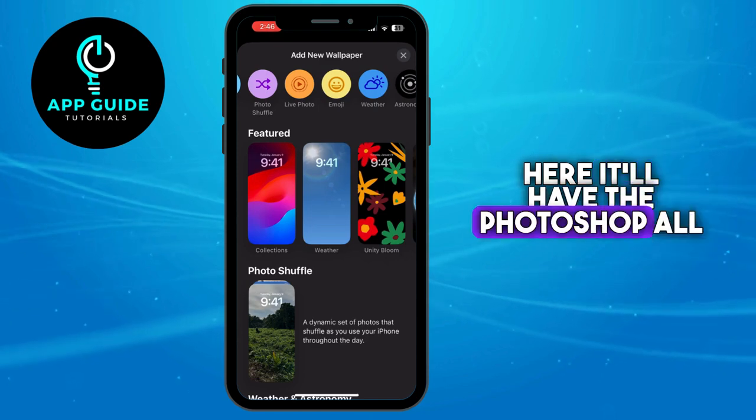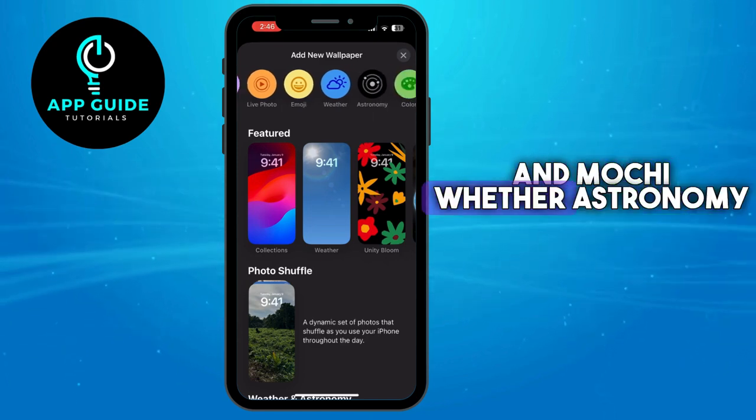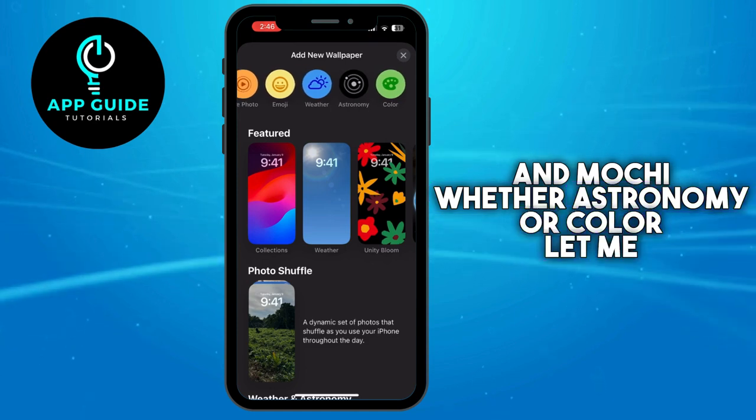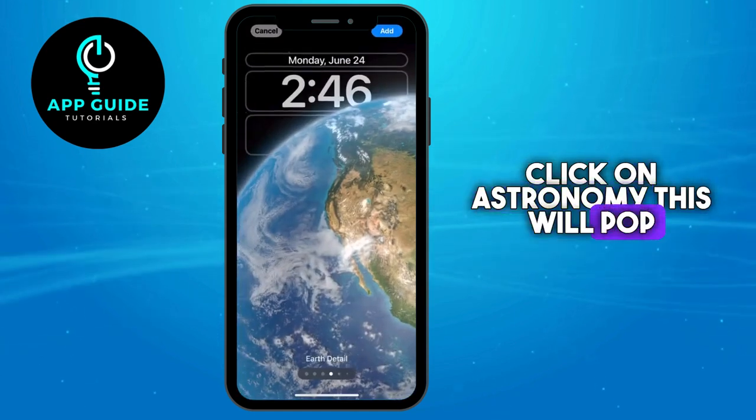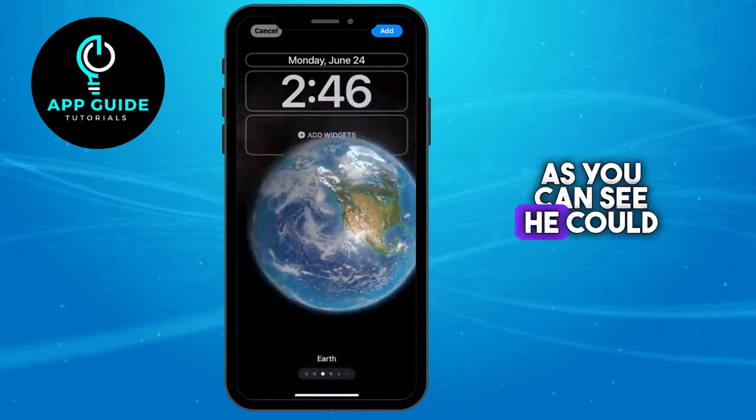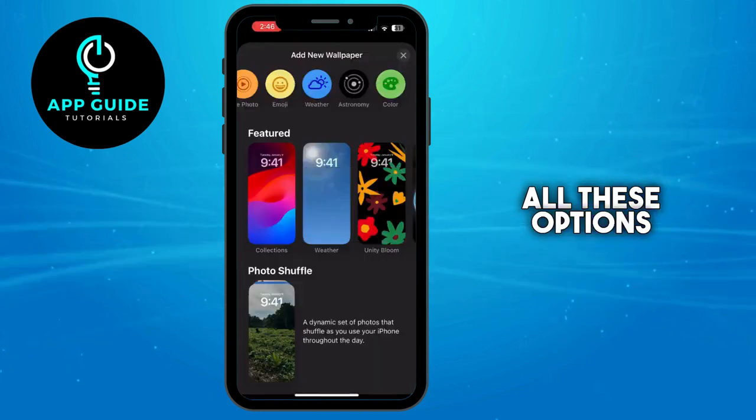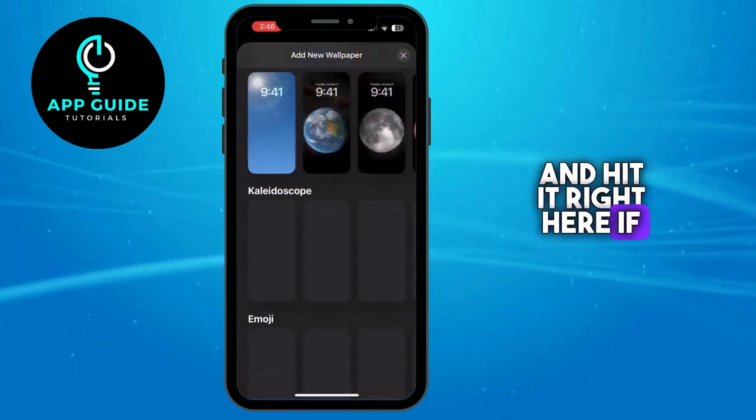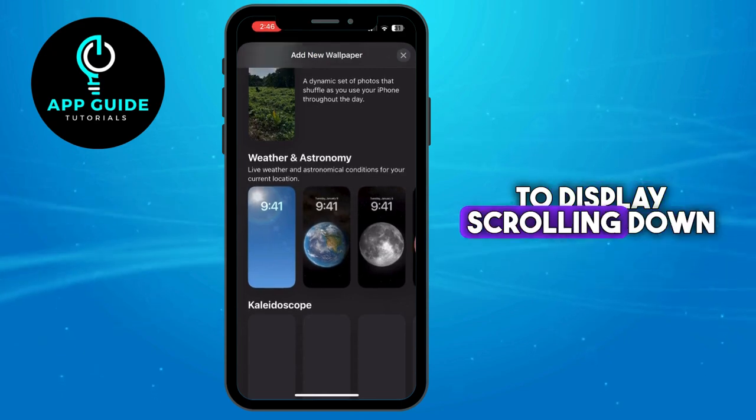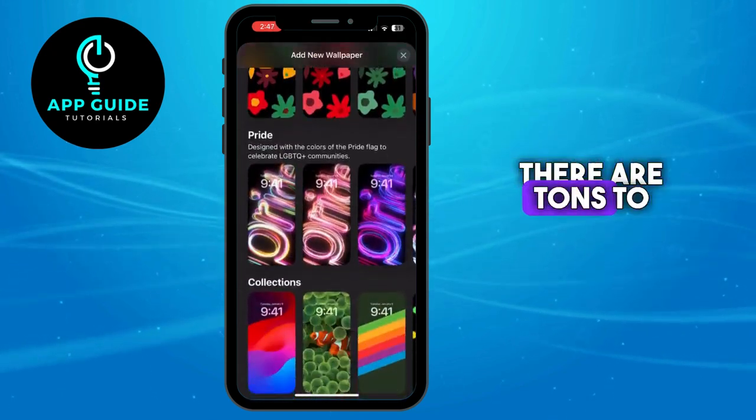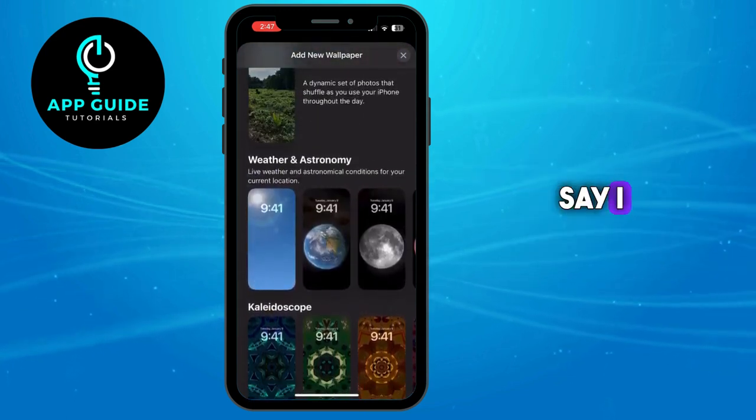You'll also have the photo shuffle, live photo, emoji, weather, astronomy, or color. When I click on astronomy, this will pop up. So as you can see, you could pick from all these options. And you can also check it right here if you want, just by scrolling down. There are tons to pick from, but let's say I want to